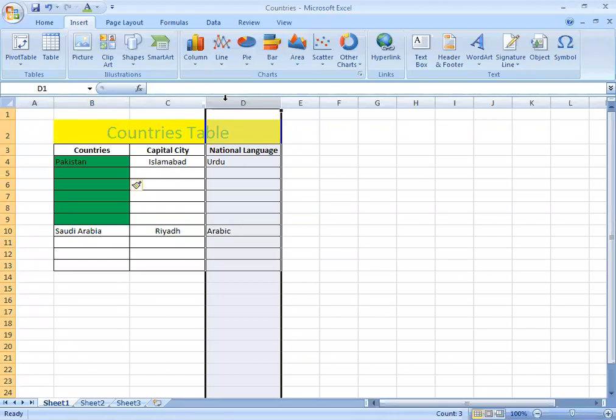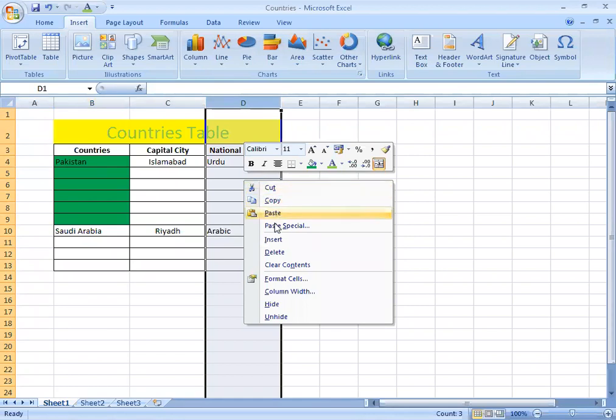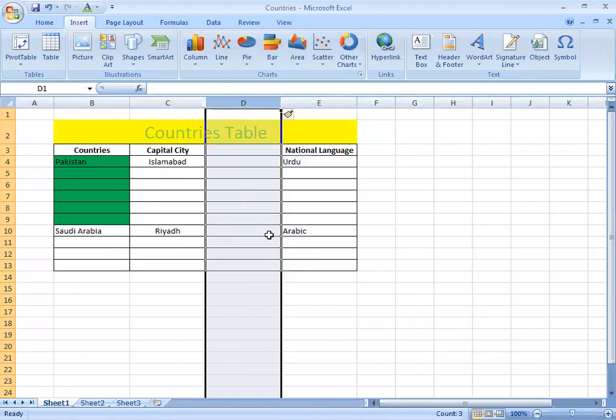In the same way, if you want to insert a column, for example, a column between capital city and national language, you will select that column. Again, you will do the right click. This pop-up menu will appear, and you will click on the insert command, and here you can see a new column has been inserted.